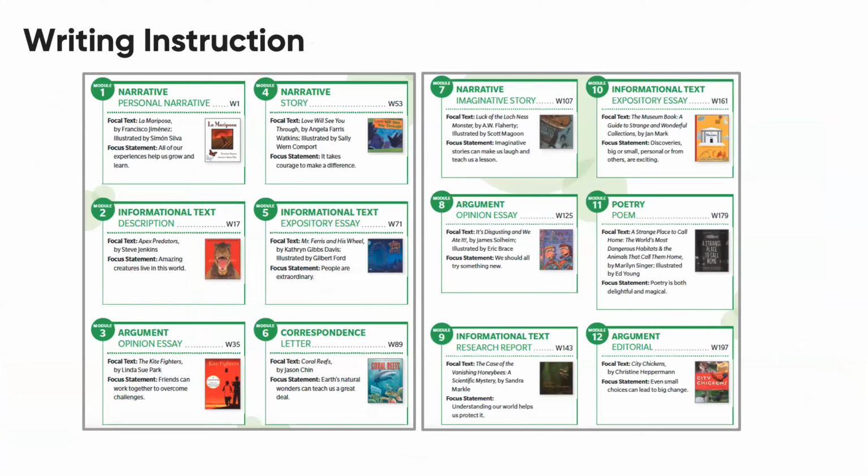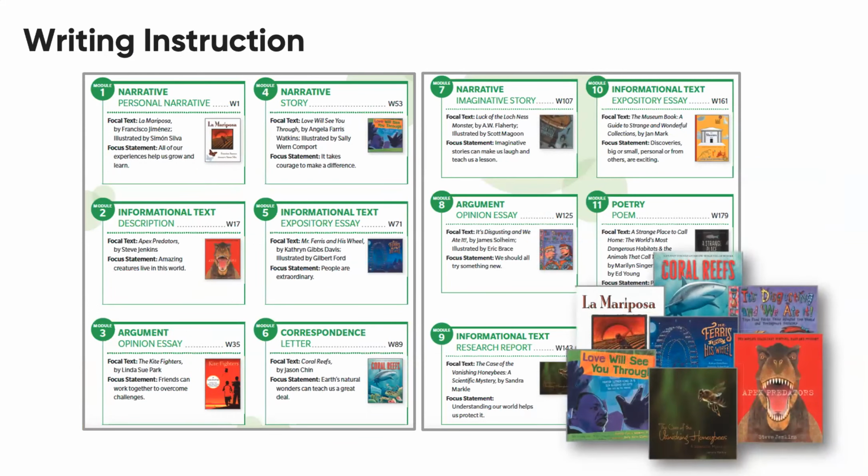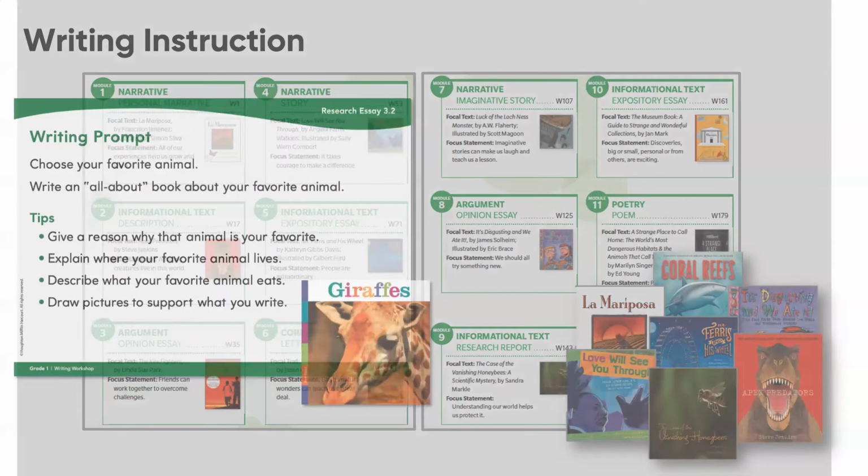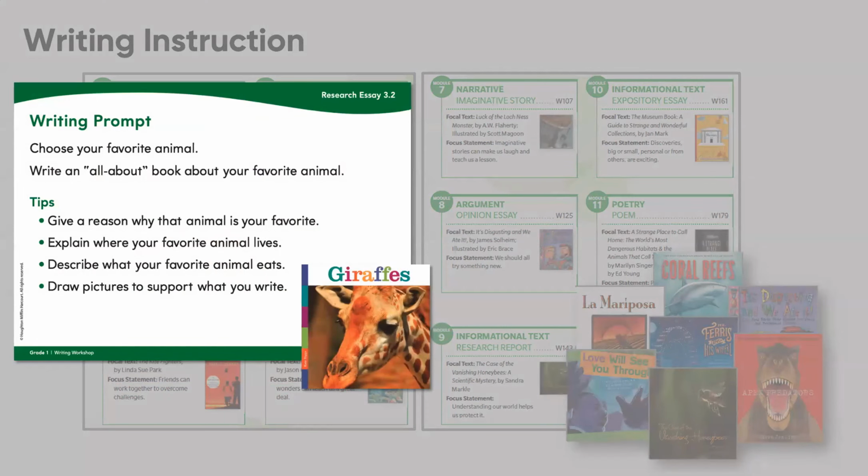Teachers will share a story called a focal text that models effective writing, and then students get an opportunity to try to emulate that in their own writing. Notice in this example from the same module in first grade, students get a chance to craft their own research report, and they get the opportunity to make some decisions about their writing topic. We know that giving students choice in their writing helps to improve their engagement.